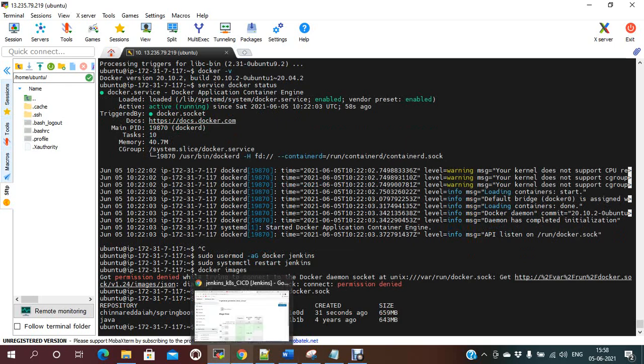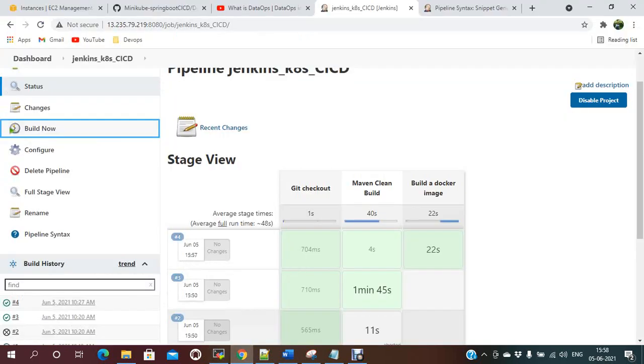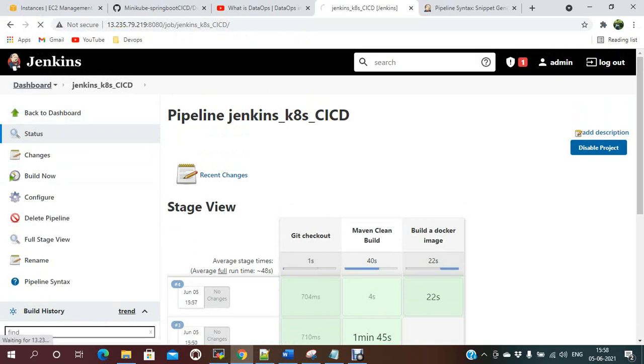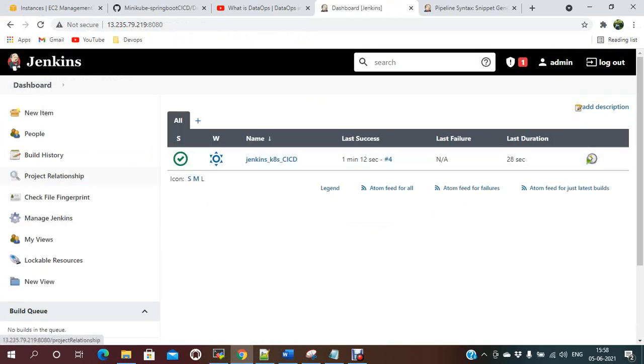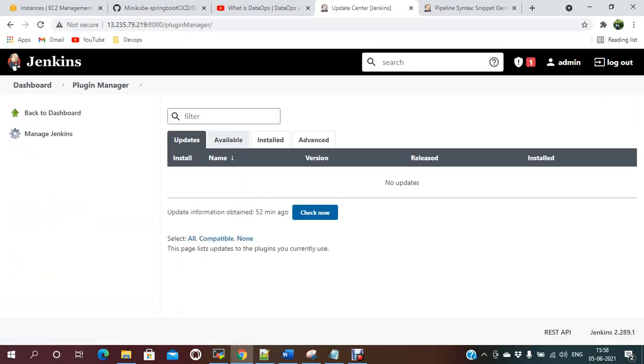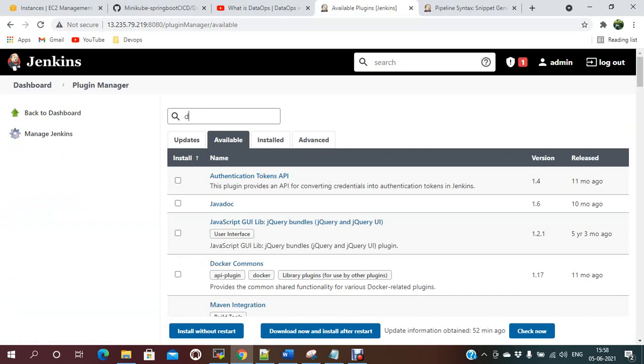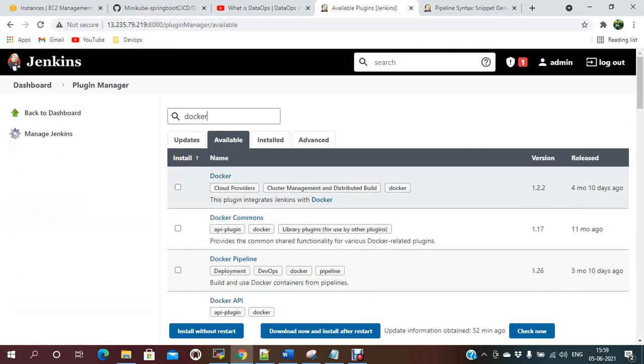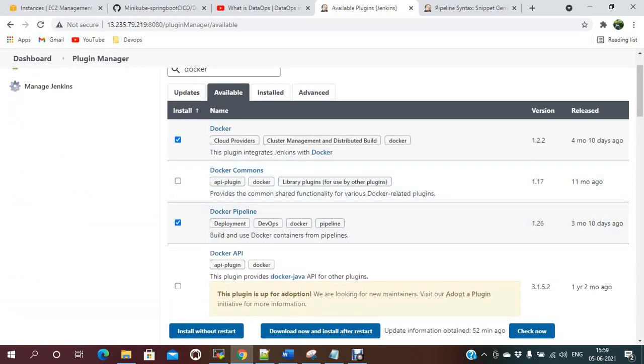For that, we need to install the plugins. Okay, let me go to Manage Jenkins, Manage Plugins, Available. If you go here and search with Docker, you will see Docker and Docker Pipeline. I just install these two plugins.